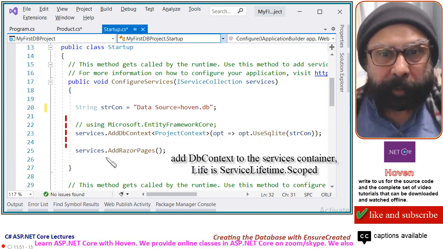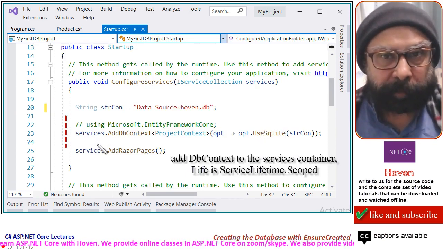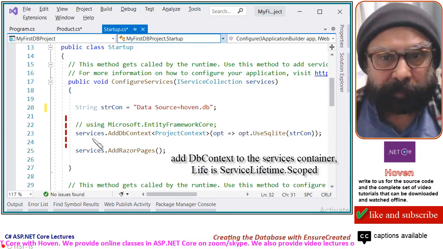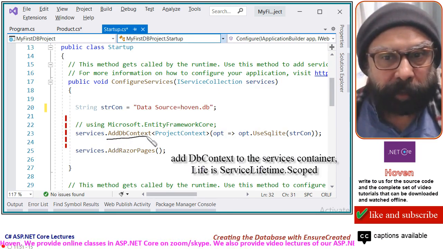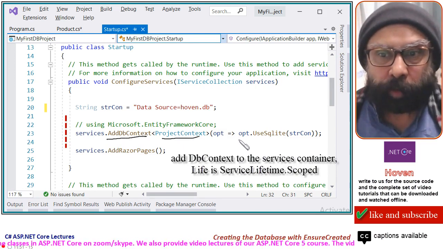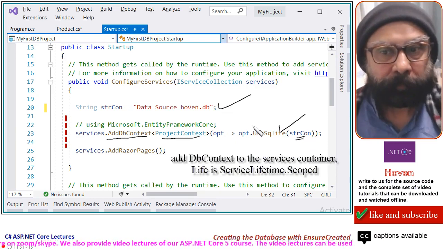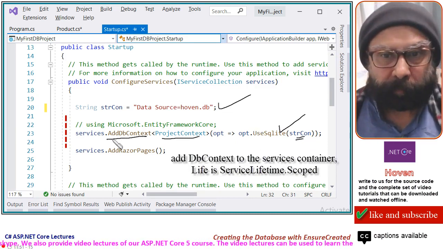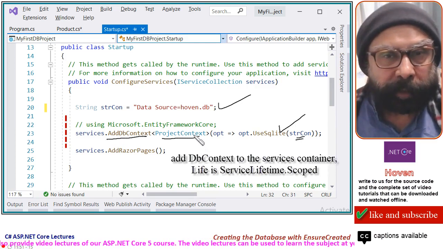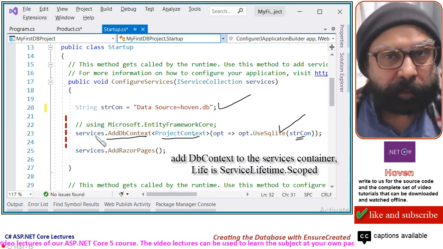Add a DbContext to the services container. See, services.AddDbContext<ProjectContext>. The options go to options.UseSqlite with the connection string. So we are adding our project context to the services container.